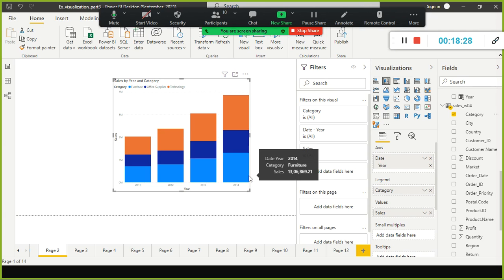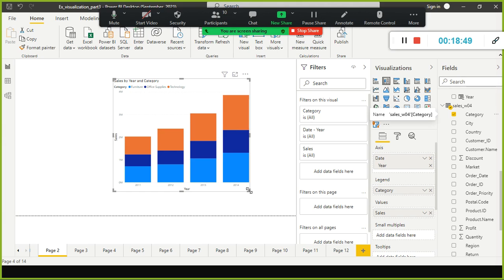And bar chart and scatter plots, you're already familiar with this, right? And we have something else. I think this is the one we already discussed, a line and stacked chart. This is a very interesting one. So the line and stacked chart is located on the right side of this, right? Right side of my report canvas.